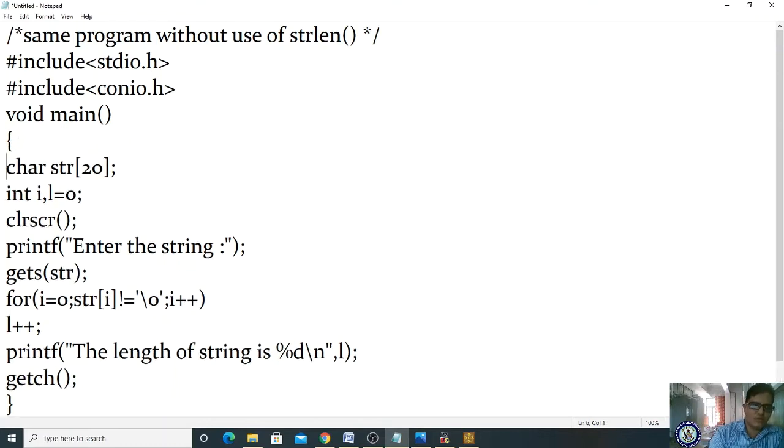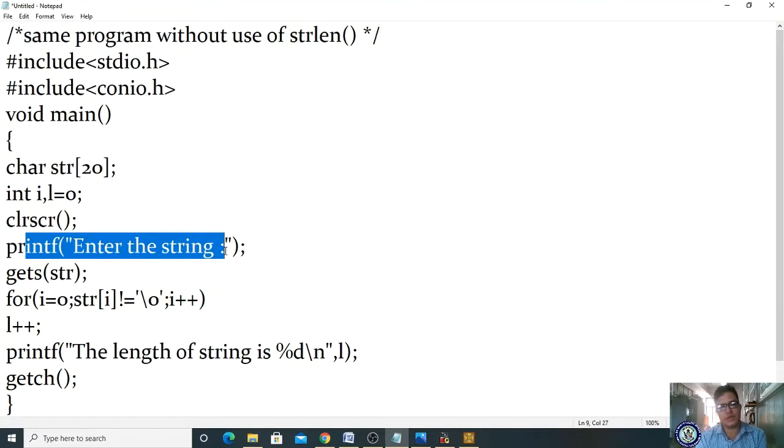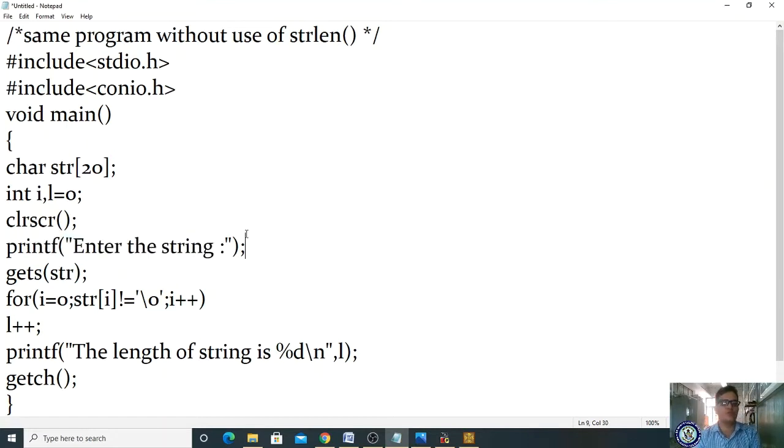So now we are declaring the variables. We declare int i, meaning we are using it for looping purposes. Okay, the looping concept is executed. Afterwards declare the variables i, comma, l equal to 0. Write clrscr, and write one output statement: enter the string. To enter values with spaces, we are supposed to use the gets function. So I am using the gets function.